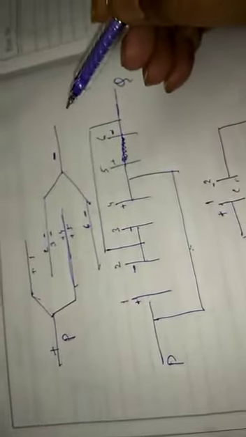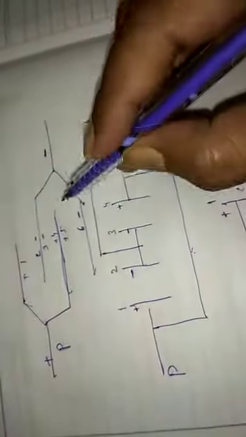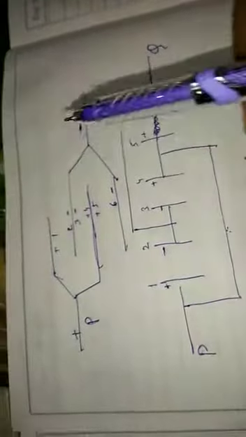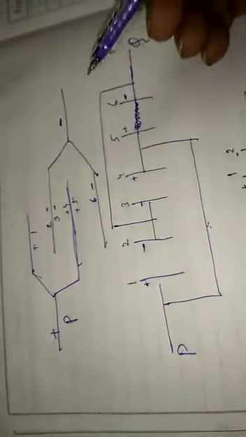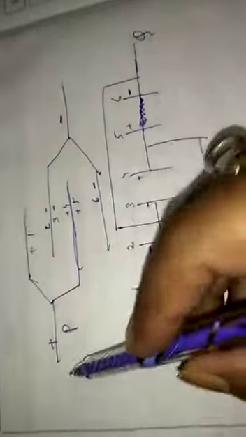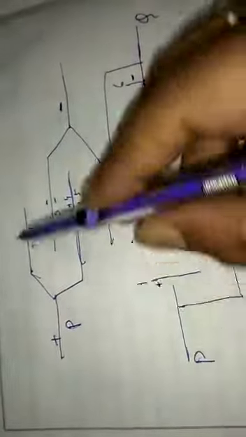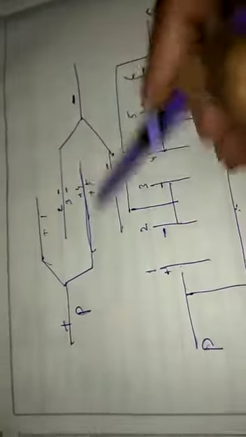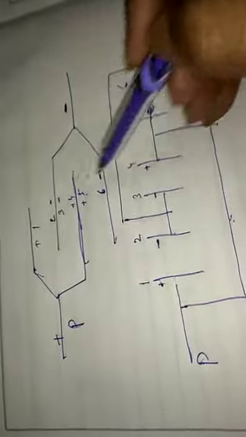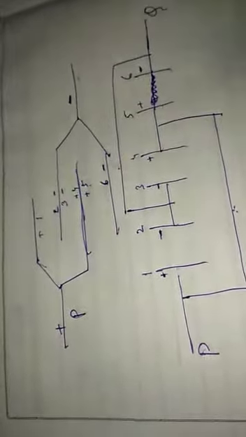So sometimes, as you have seen, plates are induced and sometimes plates are not induced. Plates are induced only if the plate is not connected to the source, and if the plates are connected to the source, there is no question of induction. So here you will have no induction, because all the 6 plates are connected to the source. Plates 1, 4, 5 are connected to the positive source, plates 2, 3 and 6 to the negative source. So there is no question of induction.